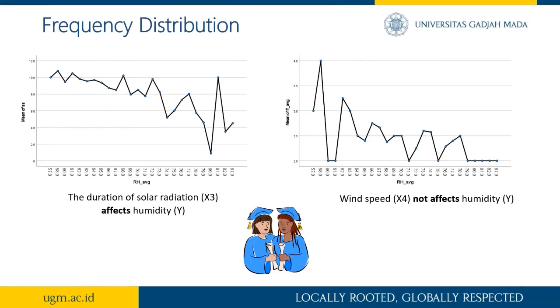And as well the wind speed will affect humidity, because it will bring out some water from the air. But also when the average wind speed is high, it will give us a lower value of